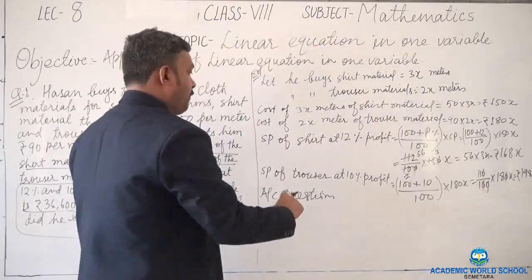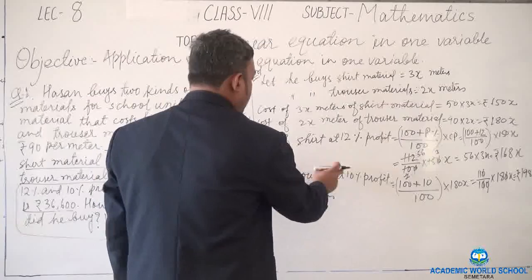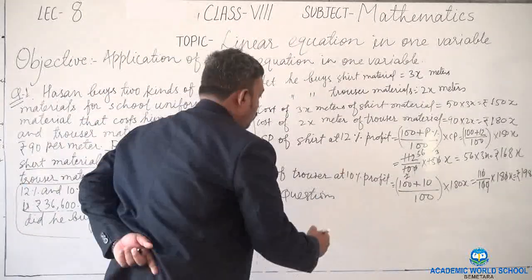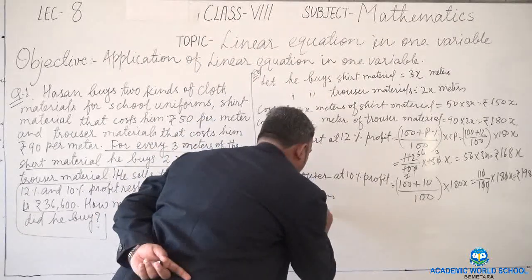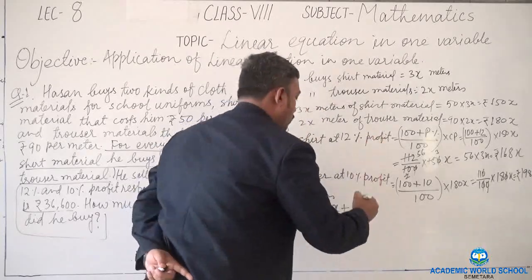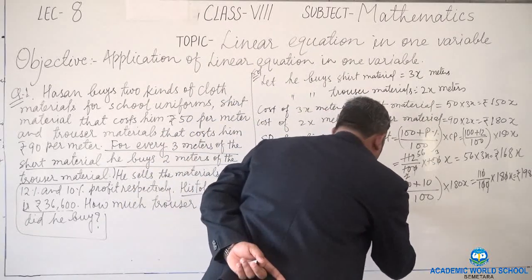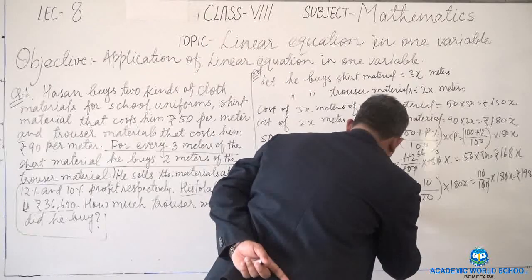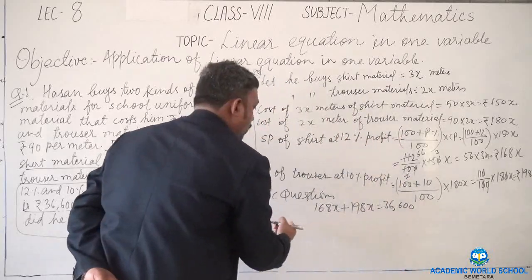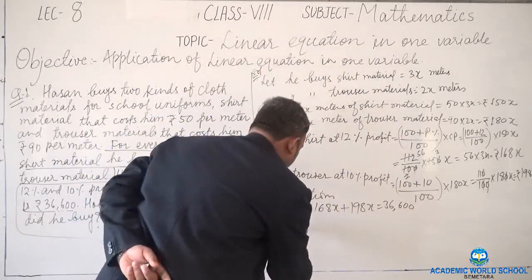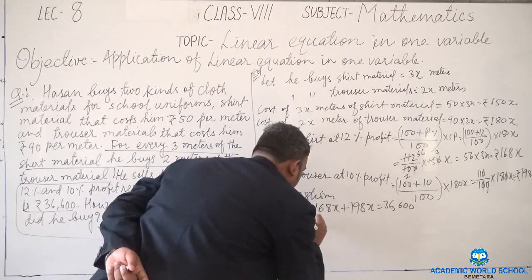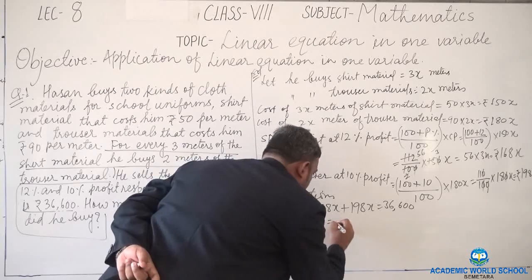The selling price of shirt plus selling price of trouser is how much? 36,600. So the selling price of shirt is how much? Rupees 168x plus 198x, which is 36,600. Now we got the equation here. Now let us solve this equation. If we add these two, we will get 336x,